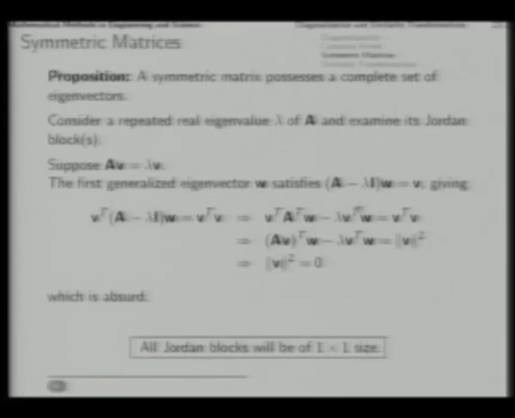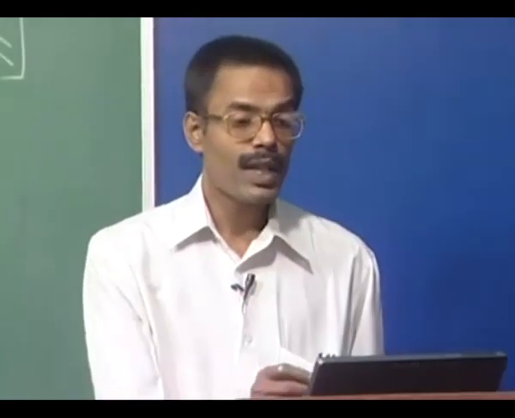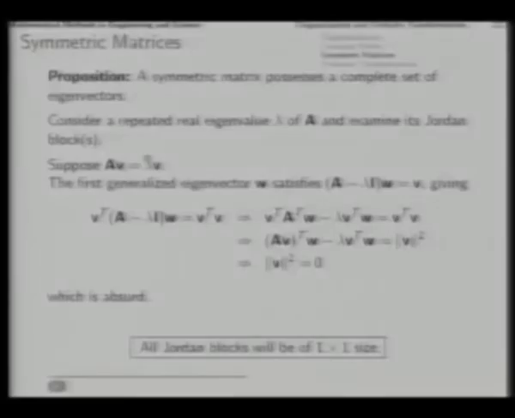So lambda V transpose W, that is equal to this. Now the right side V transpose V is norm V square, that is obvious. Here V transpose A transpose is the transpose of AV. So we have got AV transpose W, and here it is taken as it is. But then since V is eigenvector corresponding to lambda eigenvalue, that will mean that AV is the same as lambda V. Then what is this? This is lambda V transpose W minus lambda V transpose W, which is 0,